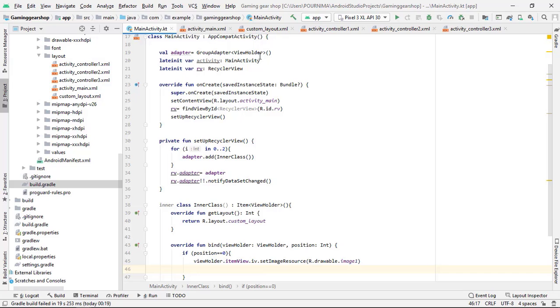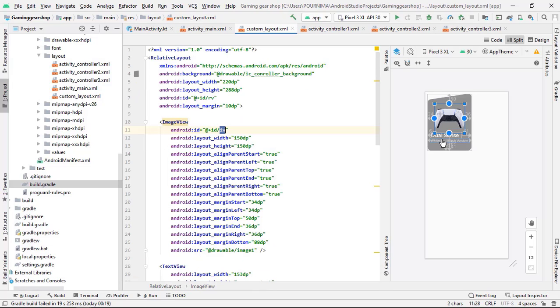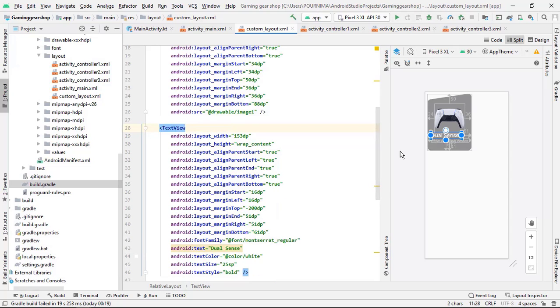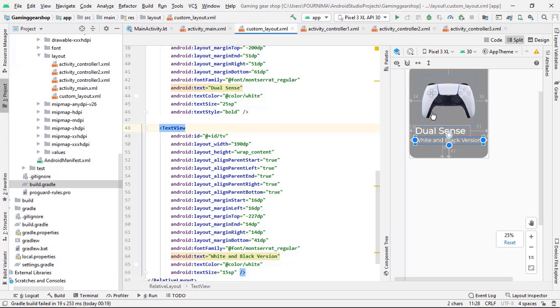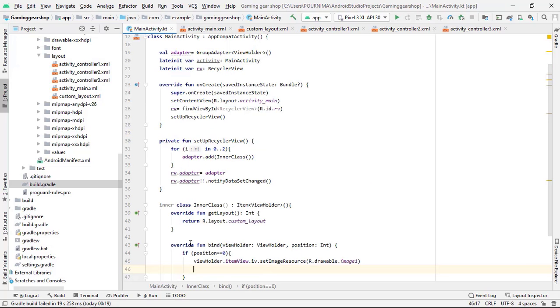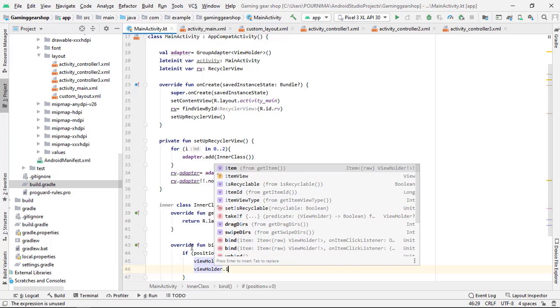Similarly, as you can see in custom layout, this title will be the same for all 3 items, and this color version will be different for different controllers. So we are going to add this text view for different controllers, for which I have given the ID as TV. So let's again take the view holder, in which we are going to display the item view